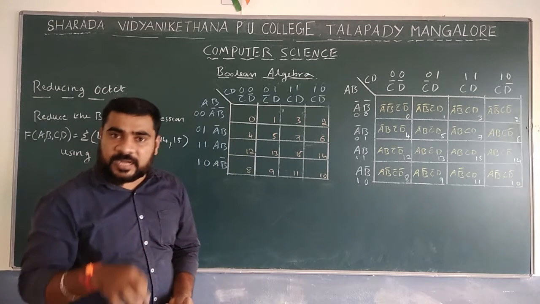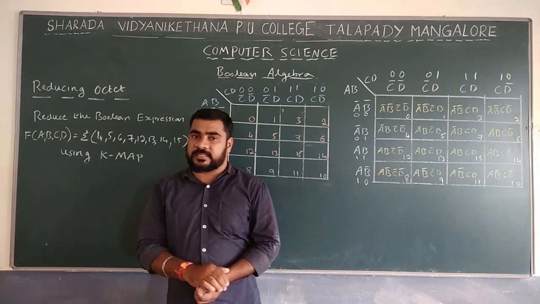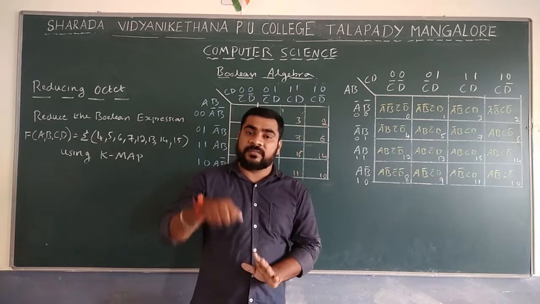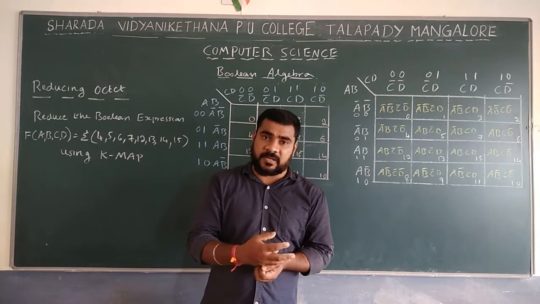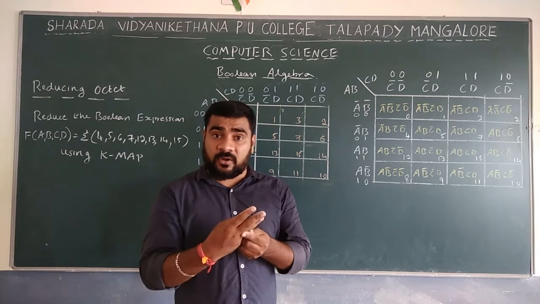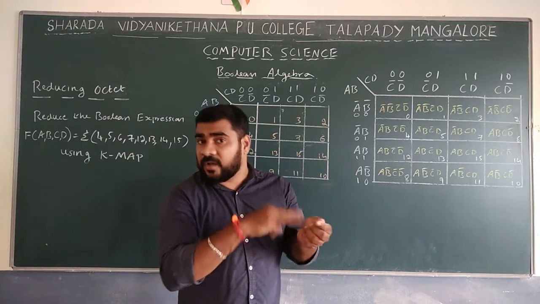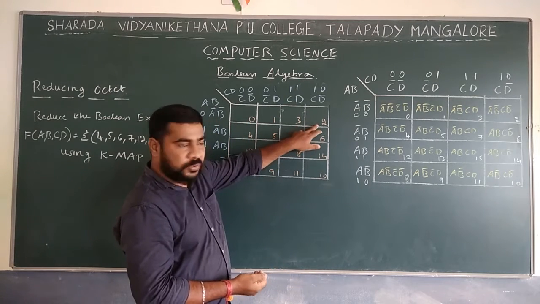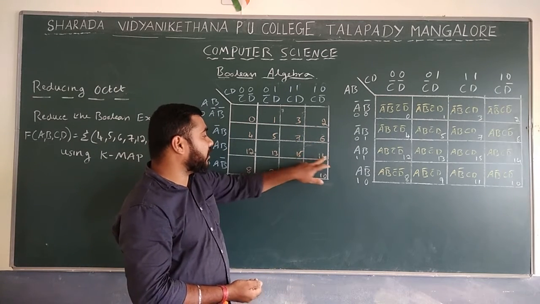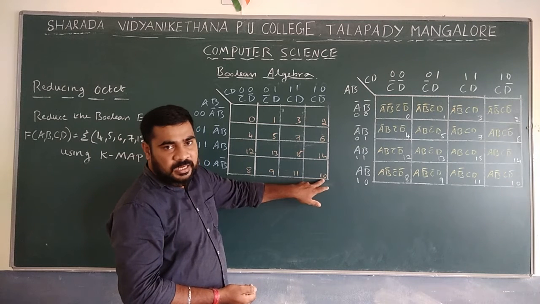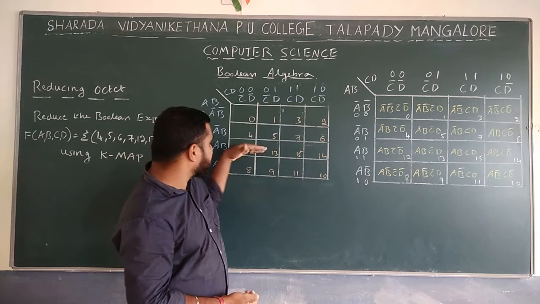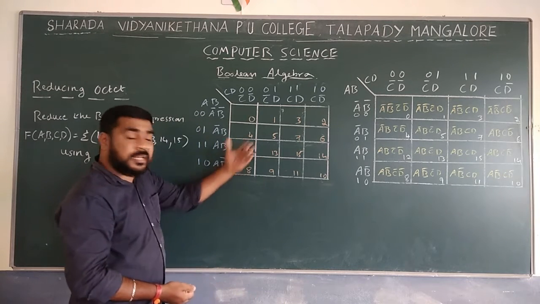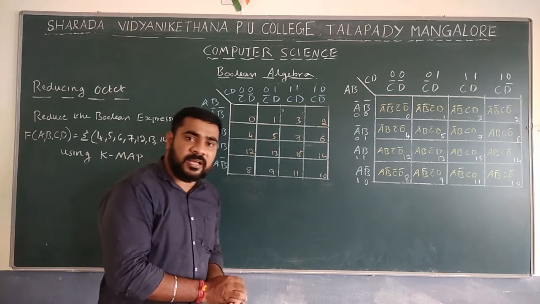So like that we should write the numbers or we should mark the cells. If you already practiced the numbers, then you can directly write. If you have not practiced that much, then whenever third row or third column is there, remember you have to skip and you should come back. So here that's why I write 3 and 2, 6, 7, 6, 15 then 14, then 10 and 11. Whenever third row is there, see here, it's not 8 here, it's 12 because third row is skipped to next, this will skip to previous one. So like that we can write.